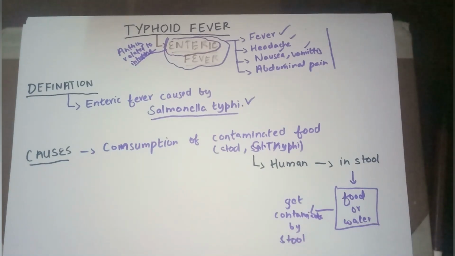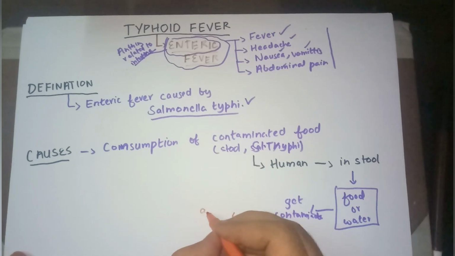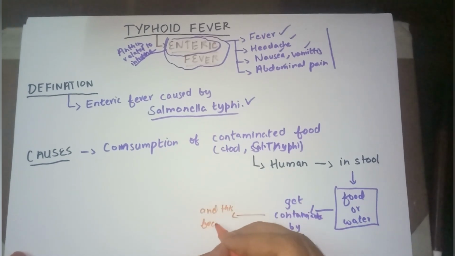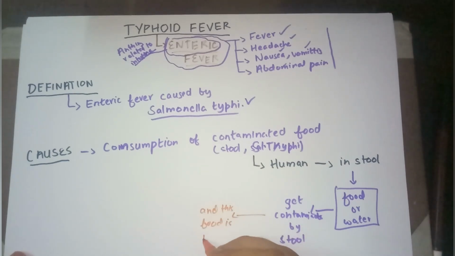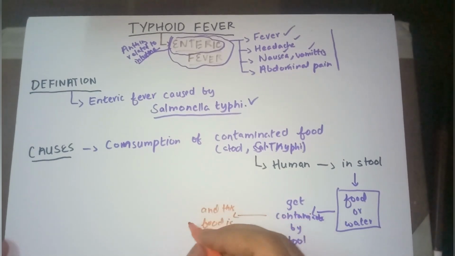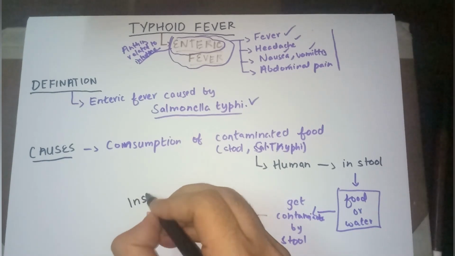What is the next thing that will happen? Someone will ingest this food, and this food is ingested, eaten, and then what will happen? The food will go where? The mainstay, the intestine. Okay,